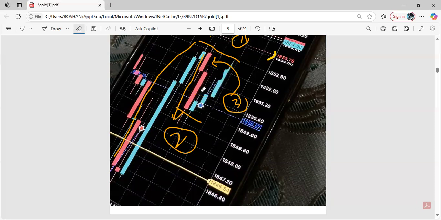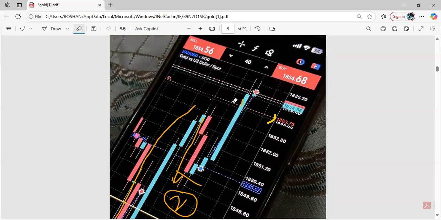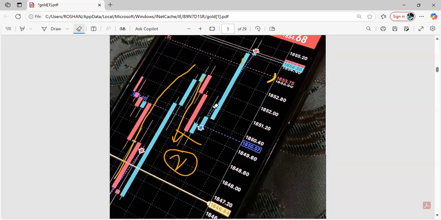If you look at here, wow, that's amazing. This candle does not have any wick to the downside. So instead of executing my trade at this point, probably I will go through the executions above the previous candle after breaking the high of the previous candle. And you can get this type of decent move in an uptrend, because there will be an 80% probability that the next move will break the high of the previous